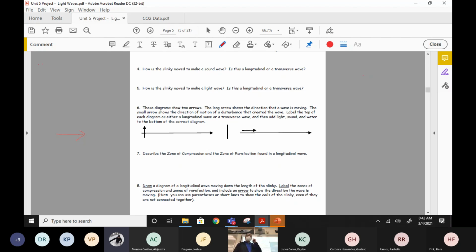And I'm thinking about this now that I'm looking at it, and I'm kind of asking myself, why didn't I make this a double-headed arrow? Maybe that would have made more sense if it was a double arrow instead of a single arrow, because this wave disturbance is actually going up and down here, and this wave disturbance is actually going back and forth here. So maybe that would make more sense if it was a double-headed arrow.